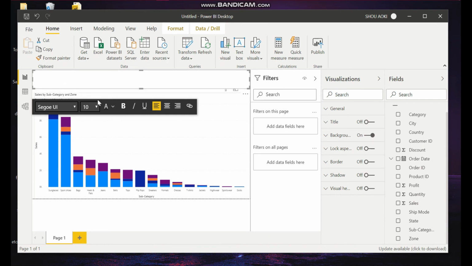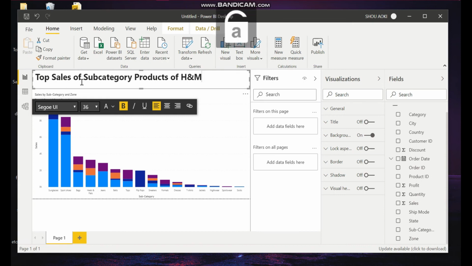Oh, first we can adjust the font. Bold. Top sales of subcategory products of H&M